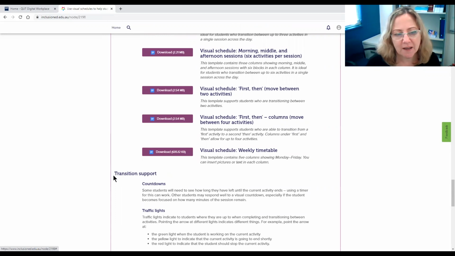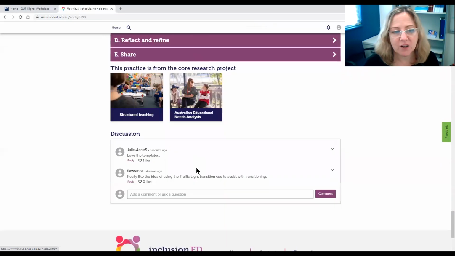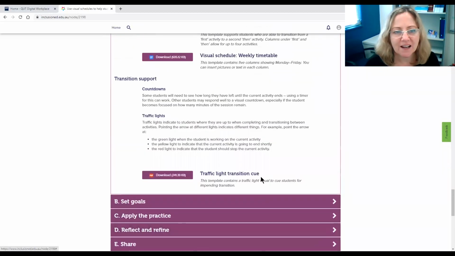And here we've got some extra transition supports. And in fact, if we go down, this particular person in our community of practice has identified that traffic light transition cues were very successful, or they liked that idea,